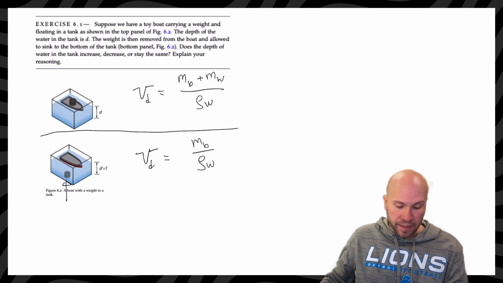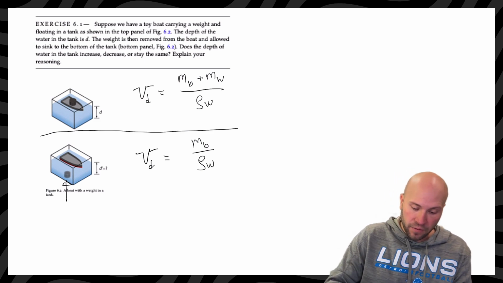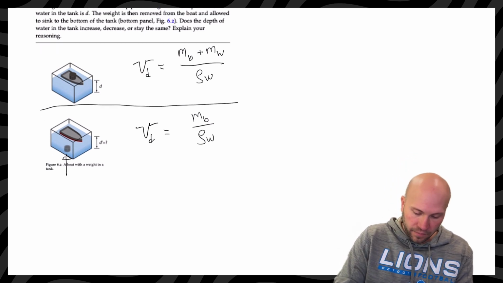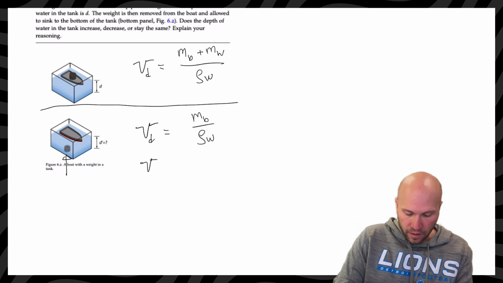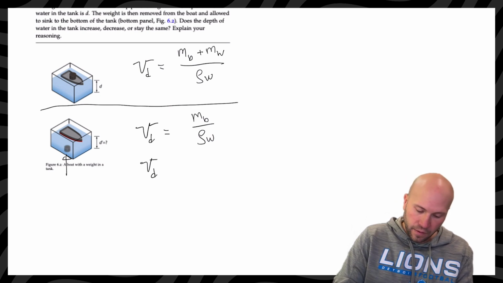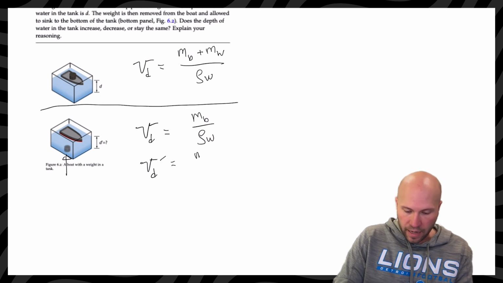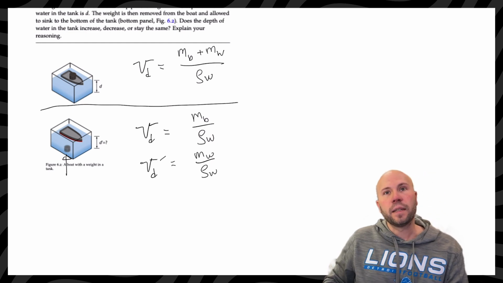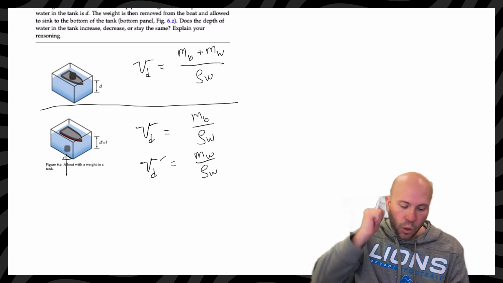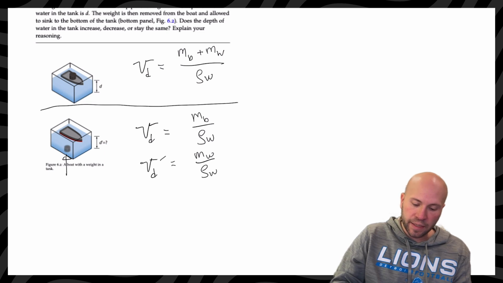That it is displacing. And that volume displaced by our little weight, which has dropped to the bottom, is equal to the mass of the weight divided by the density of water. So the total amount of volume displaced is the sum of these two,